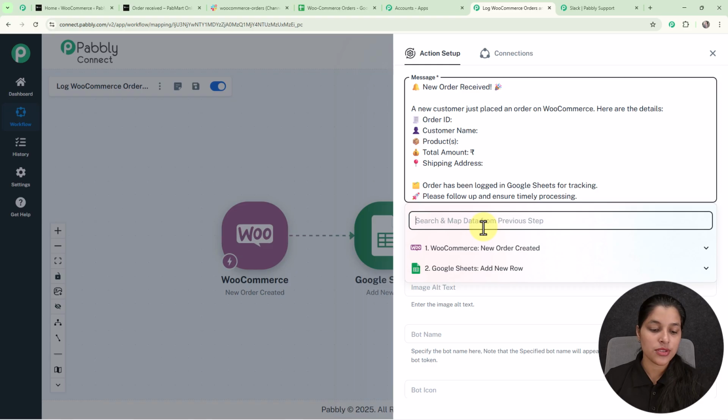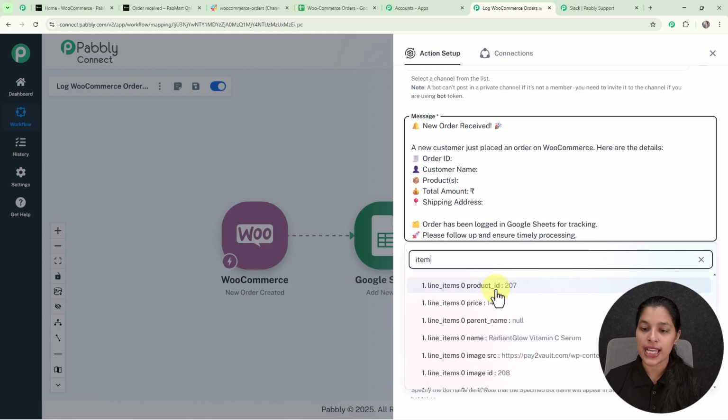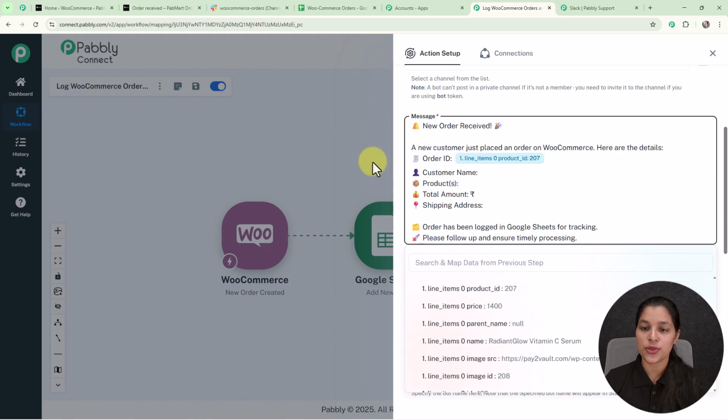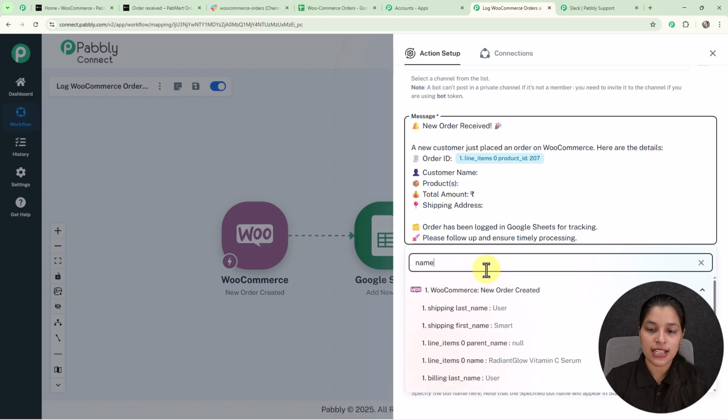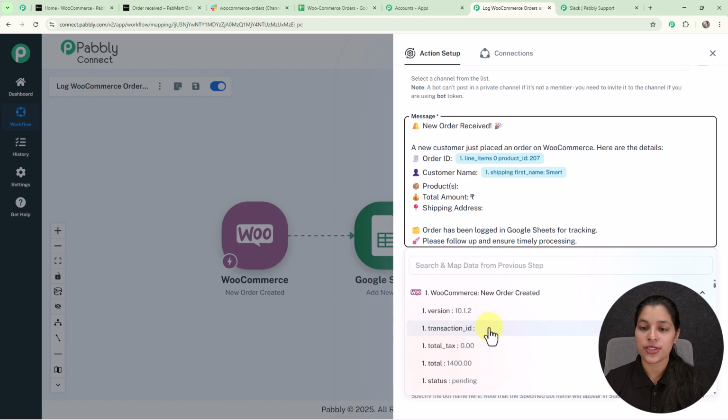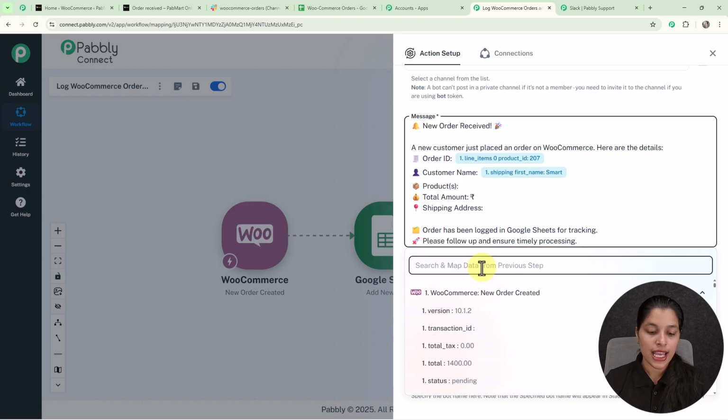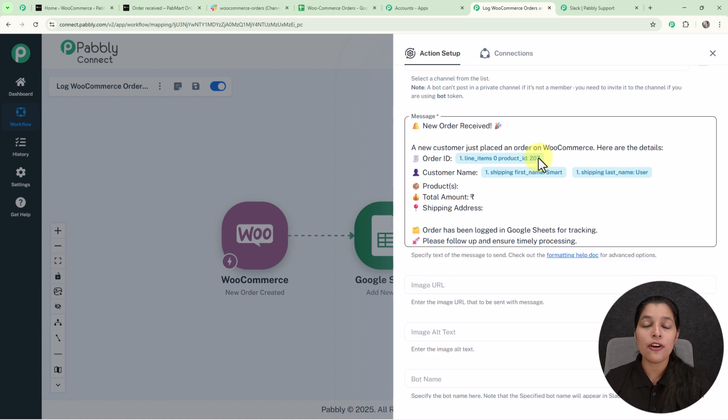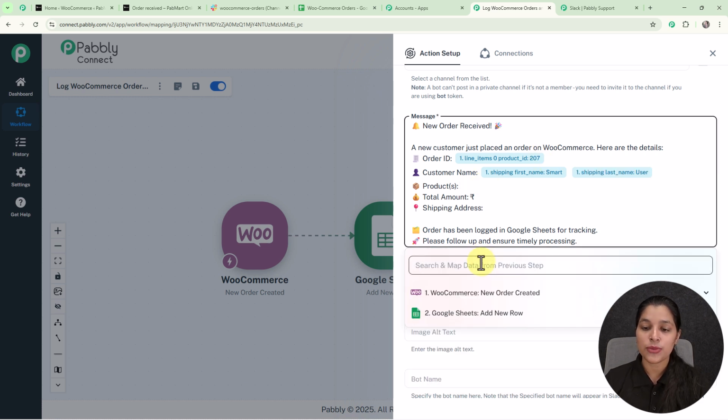So now I am going to search for the ID. So here you can see this is the product ID. So I am going to map it, and afterwards I am going to map my customer's name. So for that I am going to search for the name. So here I am getting my first name. So I have mapped it, and afterwards I am going to map my last name. So here I have mapped the full name of my customer, and the next I am going to map the